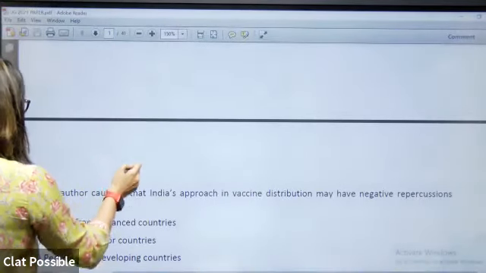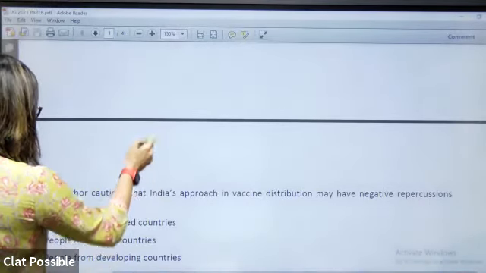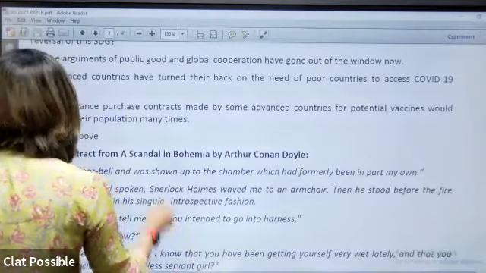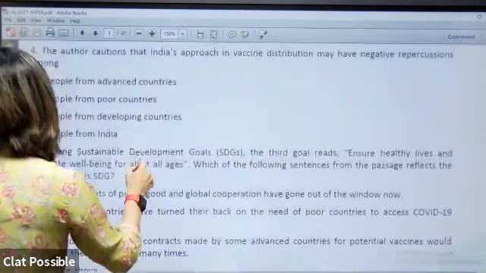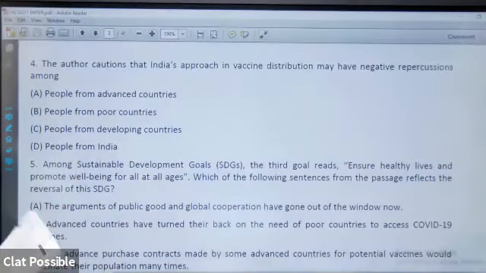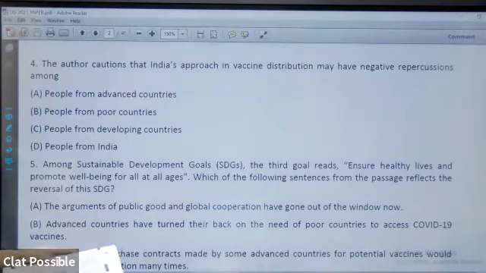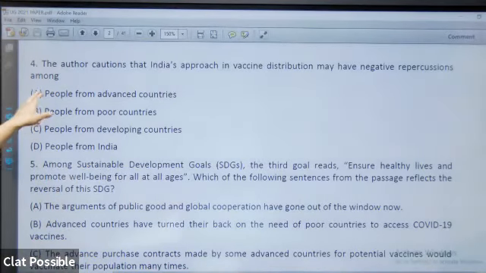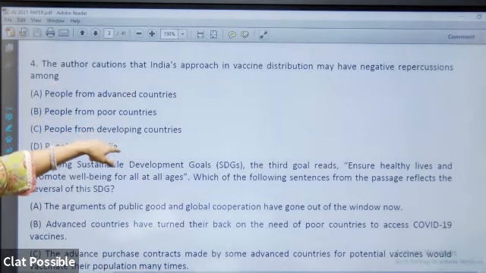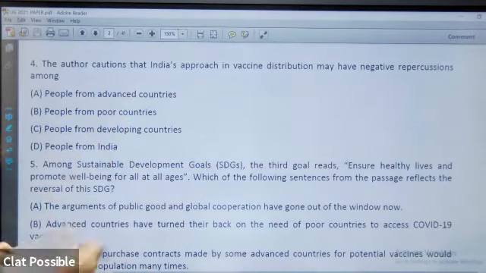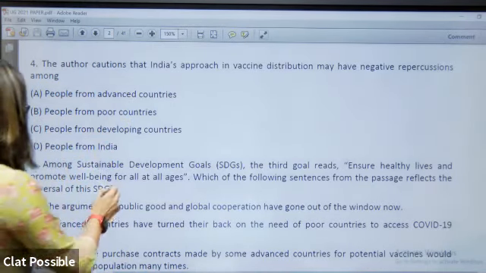Now coming to the last two questions of the first passage. The author cautions that India's approach could be negative because, so it is because its own people are not vaccinated. So naturally, India's approach would be negative because of people from India. Hence, again, the answer will be option D. And